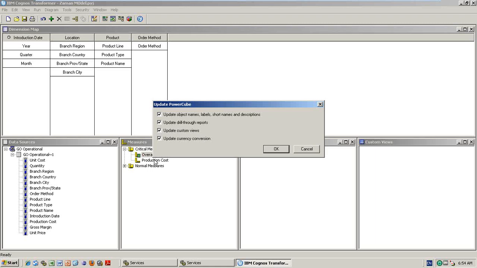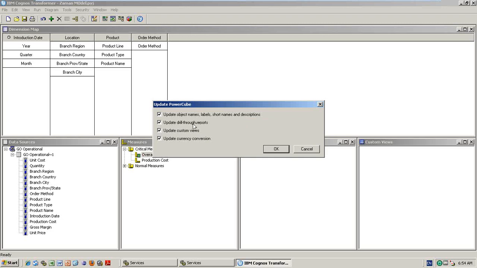In this case, you have to do the rebuilding. But if any label changes, small object changes, short name changes, description changes, I don't need to rebuild the cube. So do the update. It will update as per the model.